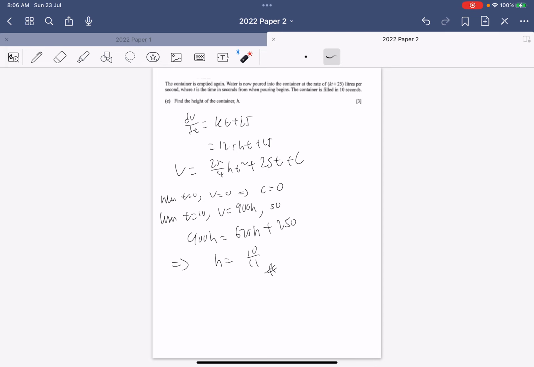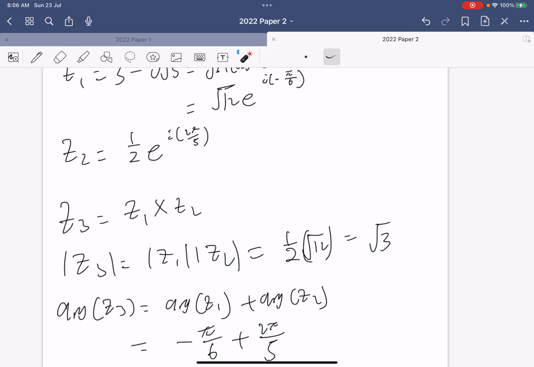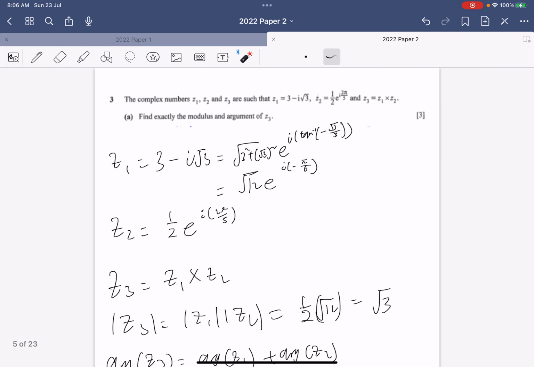So I hope up to now is still clear, and we'll carry on with question 3. For question 3, it tests your concepts of complex numbers. And for complex numbers, what you remember is there is the Cartesian form and then there is the exponential form. And you must be able to know how to switch between the two well. So first, the question is to find the modulus, which is like the length, and the argument, which means the angle it makes with the positive x-axis,